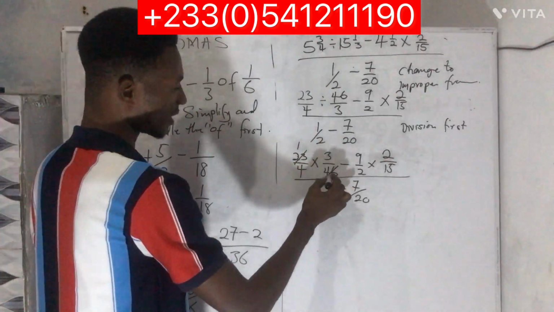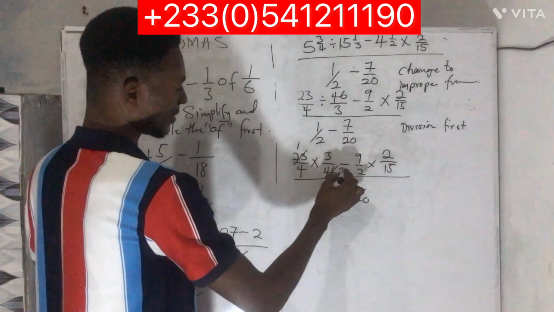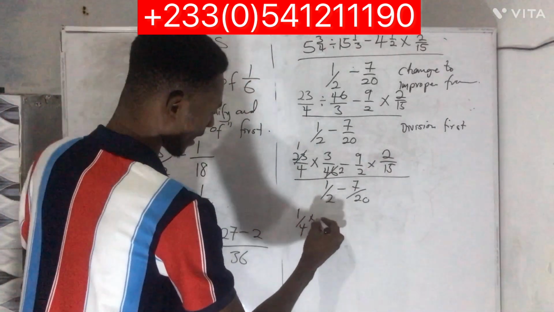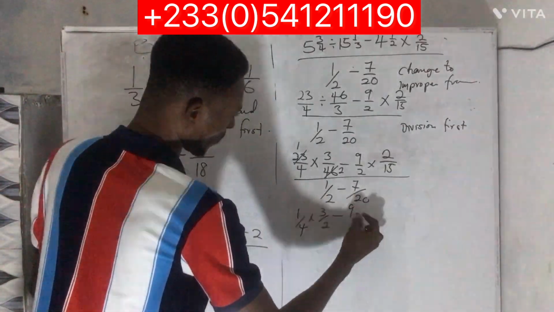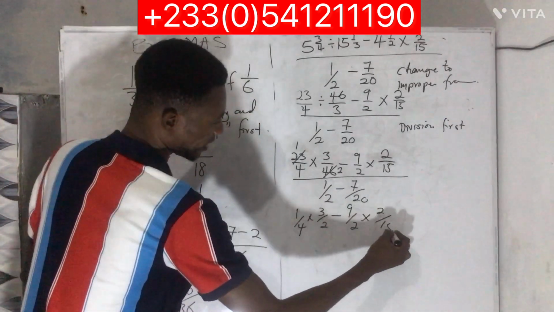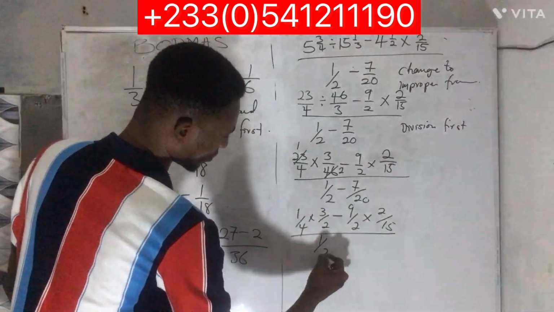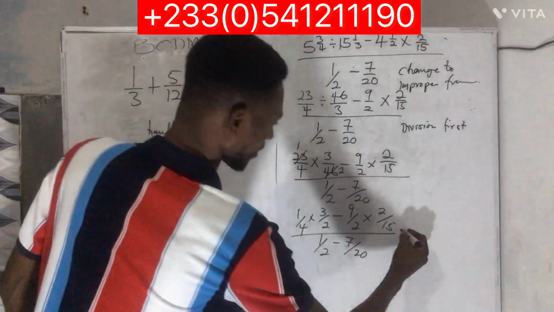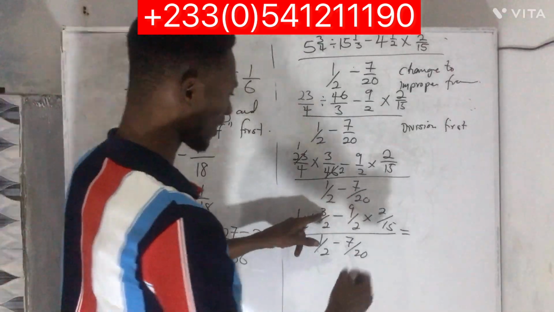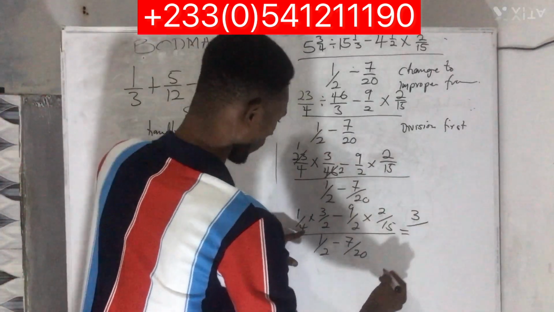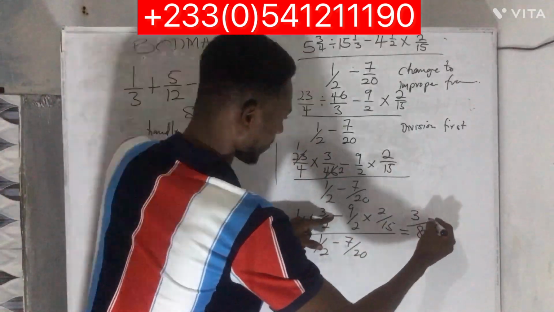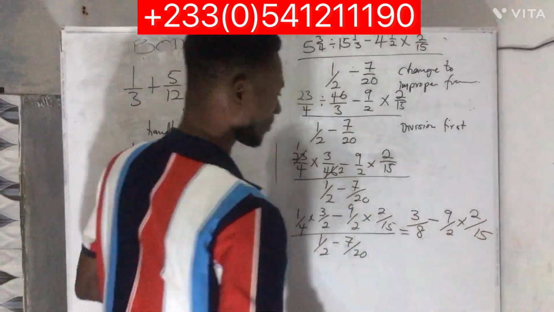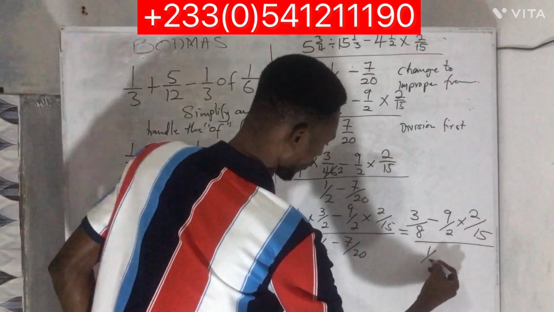This 23 will go into 46 how many times? 2 times. So at the end of the day, we have 1 over 4 times 3 over 2, minus 9 over 2 times 2 over 15, all over 1 over 2 minus 7 over 20. Now, it will be equal to what? 1 times 3 is what? 3 over 4 times 2 is 8, minus 9 over 2 times 2 over 15, all over 1 over 2